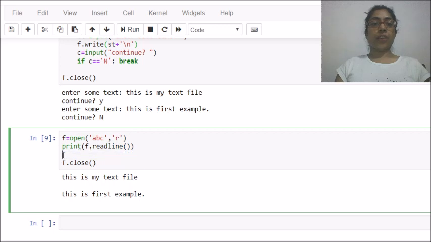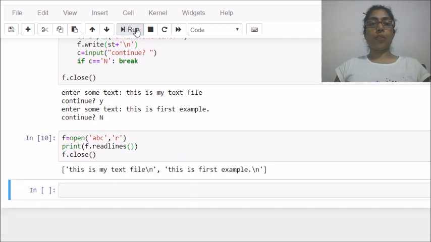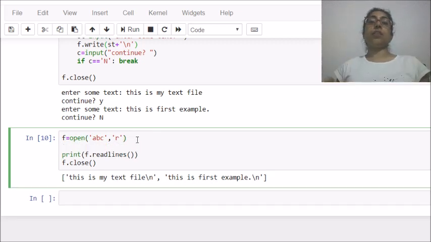Another function I told you was readlines, but readlines function I cannot write directly inside the print statement. If you write it, the output will be something like this, because readlines function always returns a list of lines. So you can see new line characters are inserted after each line, so it will return me the lines but in the form of list. So if you want to display them line by line, then you have to write this print statement inside the loop.